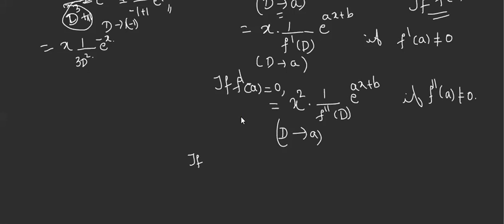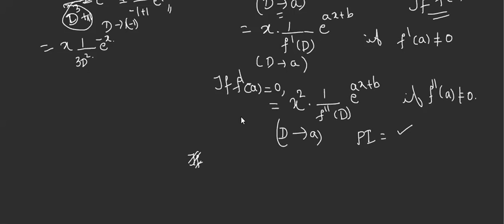Isn't it a very good way? Not to worry, it will continue for a maximum of 2 steps, not even 3 steps. Till you solve your PI, there should not be any D remaining. When D is eliminated, that is the particular integral.